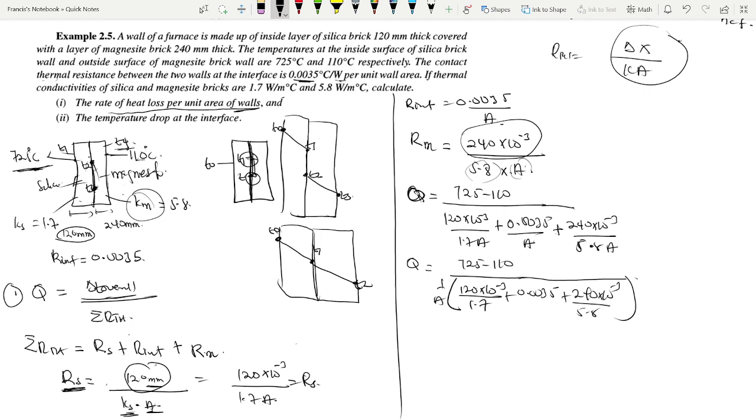Now 1 over A comes up, right? So we are going to get Q is equal to A multiplying 725 minus 110 all over the summation of the resistances. So let me punch that: 120 times 10 exponent minus 3 all over 1.7 plus 0.0035 plus 240 times 10 exponent minus 3 all over 5.8. So we get